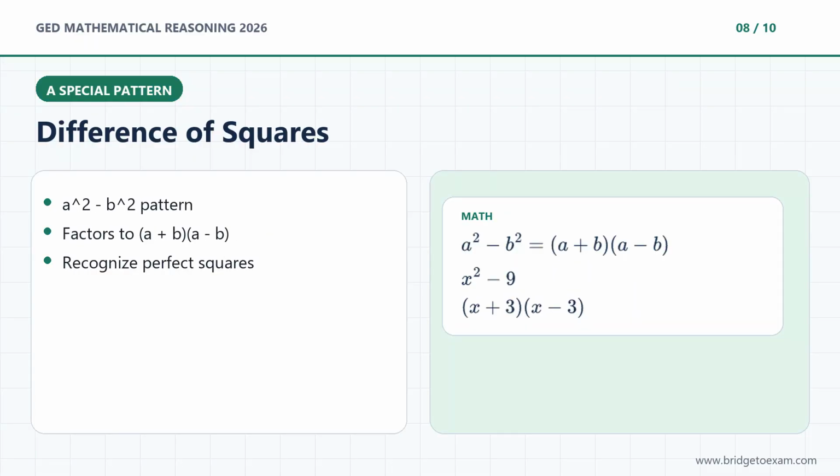Here's a pattern worth memorizing. The difference of two squares. Any expression a squared minus b squared factors into a plus b times a minus b. For x squared minus 9, notice 9 is 3 squared, so it factors into x plus 3 times x minus